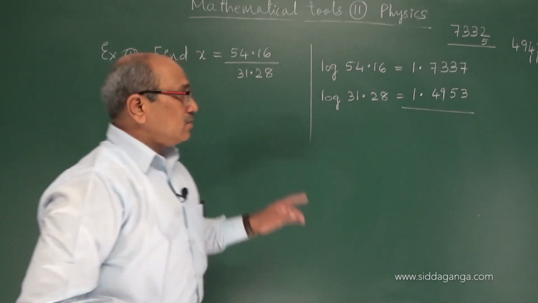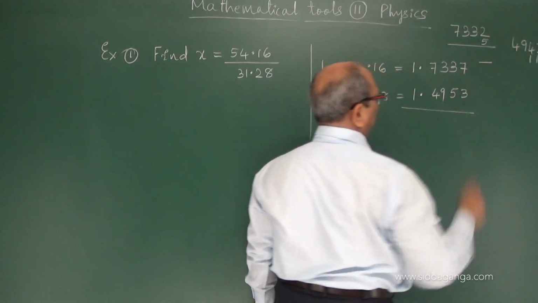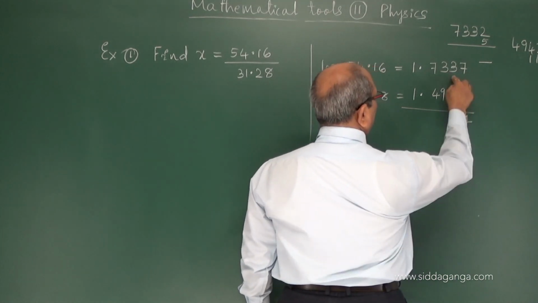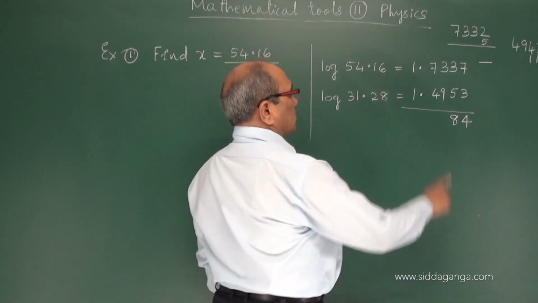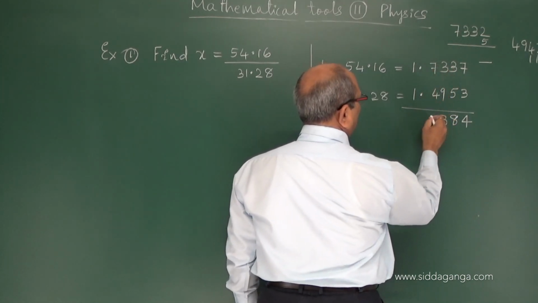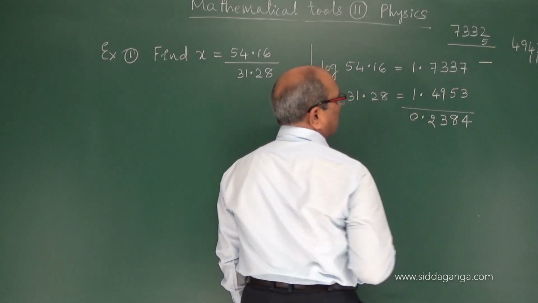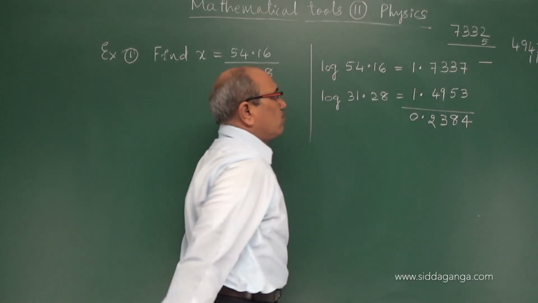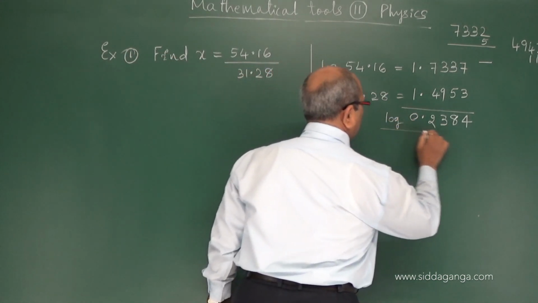What is the operator here? Division. What do we have to do? Subtract. 7 minus 3 is 4. 3 minus 5, borrow, 13 minus 5 is 8. So this becomes 12 minus 4 is 3. And here it becomes 6, 6 minus 4 is 2. And 7 minus 4 cancelled. 0 comes. So verify: 13 minus 5 is 8, 12 plus 1 is 13, 4 plus 1 is... Now this is the log we got. It is not the answer.